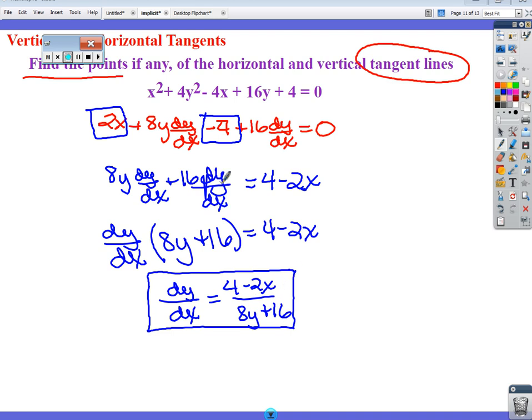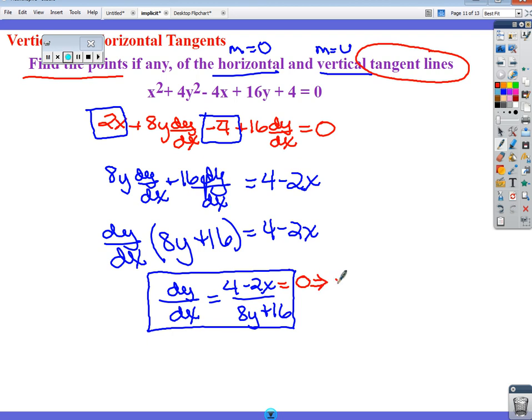So in this slope expression, we want to find where I have a horizontal and a vertical tangent line. Well, there's some information that I can gather from this. A horizontal line has a slope of 0, and I know a vertical line has a slope of undefined. And it just so happens our slope expression is a ratio. In a fraction, if the numerator equals 0, then the whole fraction equals 0. Therefore, I can just use the numerator, set that equal to 0, and that's going to give me the values